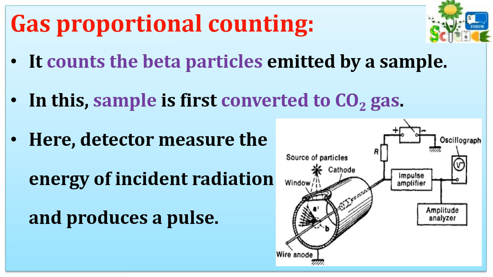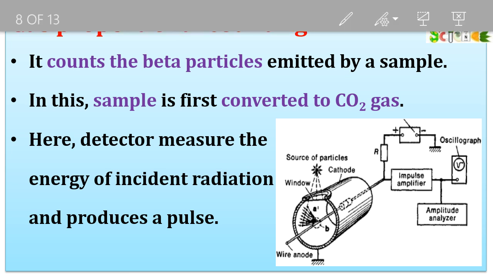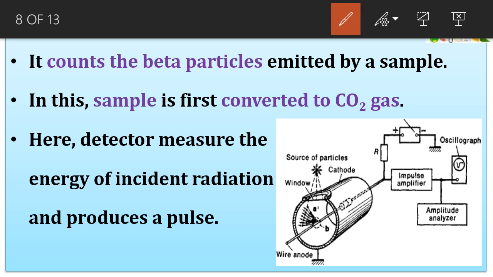Now, in the first technique, the sample is first converted into CO2 gas. This CO2 gas is placed in a cylinder. The cylinder consists of an anode and a wall cathode. When the CO2, made up of fossil carbon isotope, releases a beta particle, that beta particle is captured and recorded in a graph, by which the complete beta decay of that sample is recorded. This data is then compared with a reference standard.